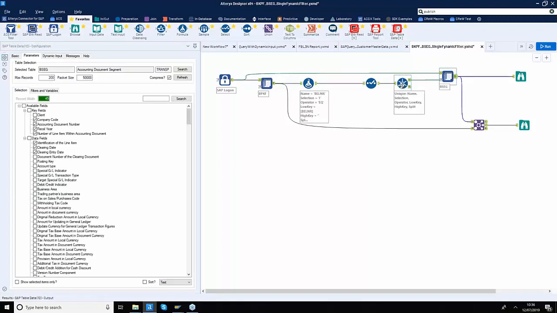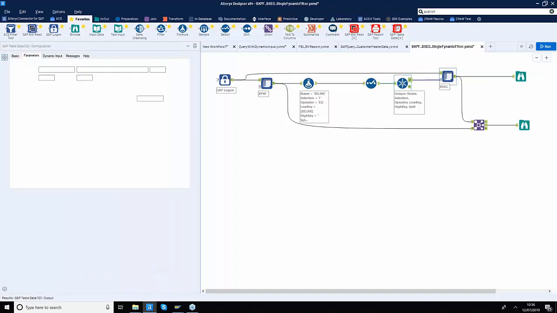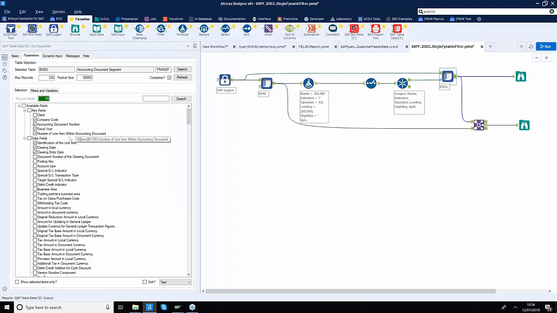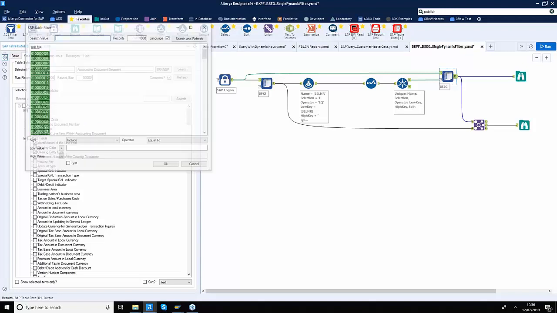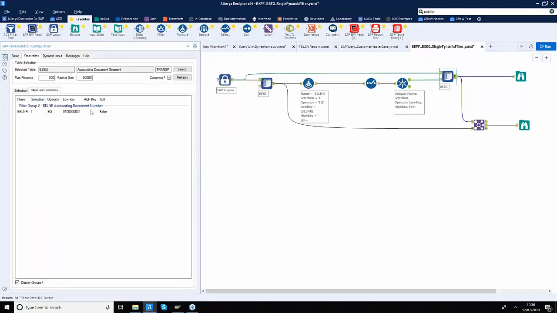And by putting in this unique tool, I am making sure that I delete any duplicate records, and that information goes into this tool, which is pretty much like, for example, if I had created a filter directly on this table. If I right click here, select this document number and click OK, this line is applied at runtime. But imagine that instead of this single line, we will have a huge load of lines with the document numbers that will be created invisibly at runtime, and those values will be supplied by my first table.